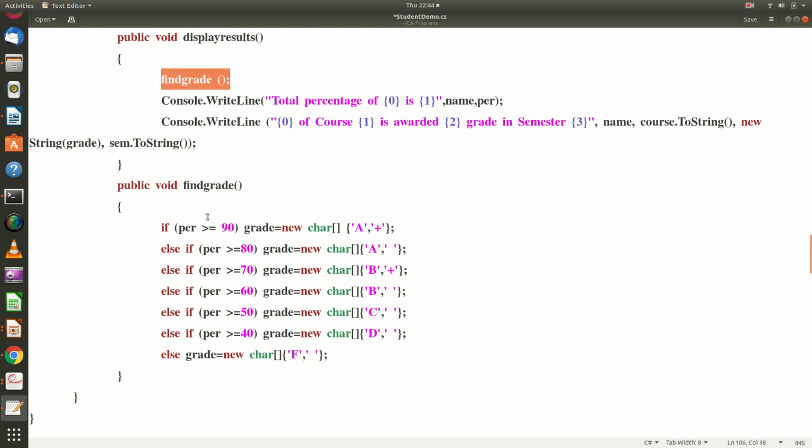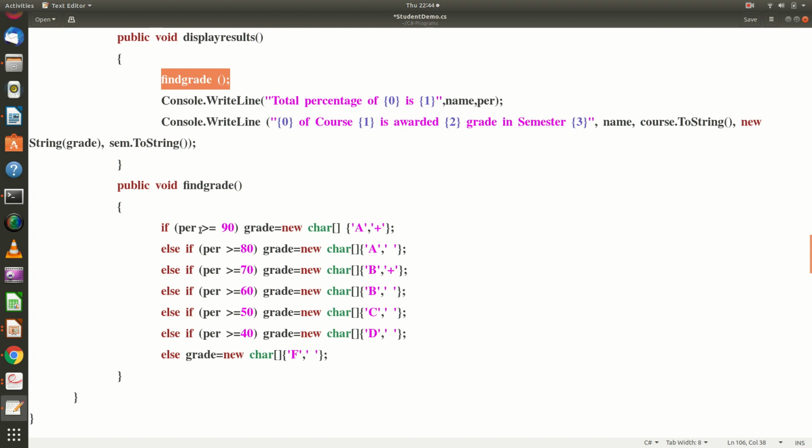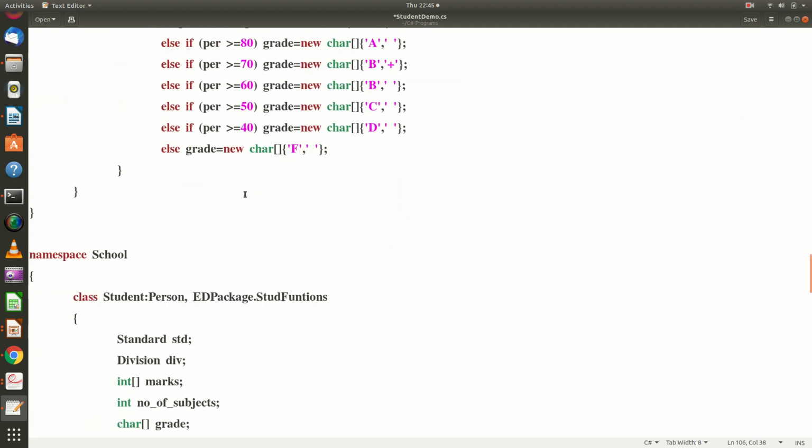So the percentage is already calculated here. You check whether the percentage is greater than 90. If so, you give A plus grade. Otherwise, if it is greater than 80, you give A, or you give it as B plus, B, C, D, or you give it as fail. So this is how you find the grade for a college student.